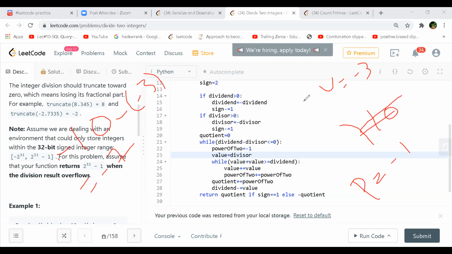Technically, yes. Then we take this value here on line 23 and assign the divisor. We are going in this while loop, adding value plus value, and trying to compare: if twice of this current value is lesser than your dividend.